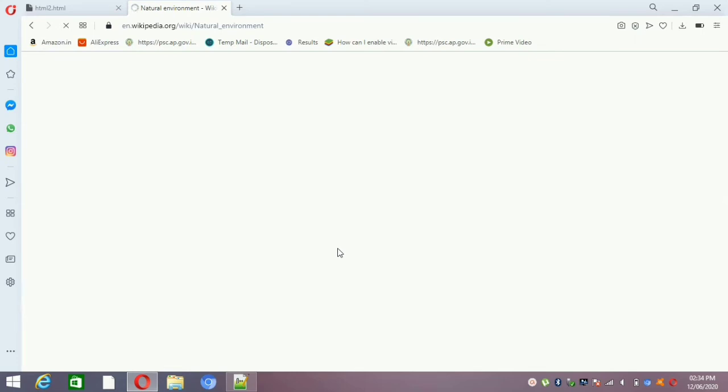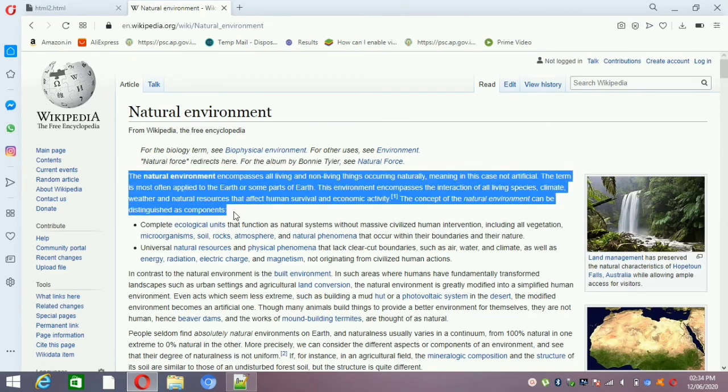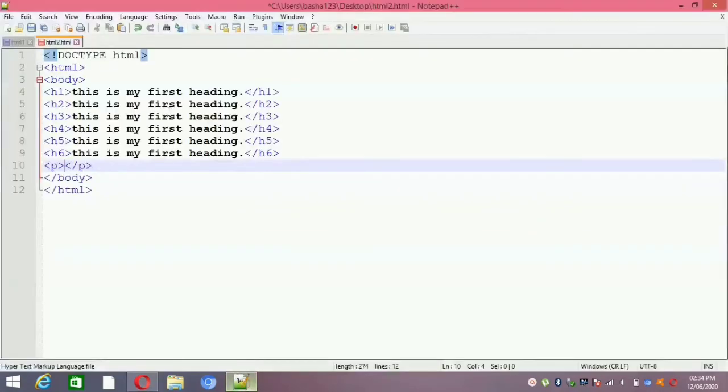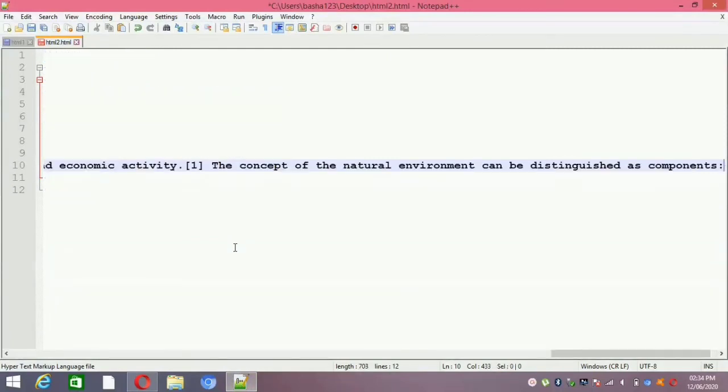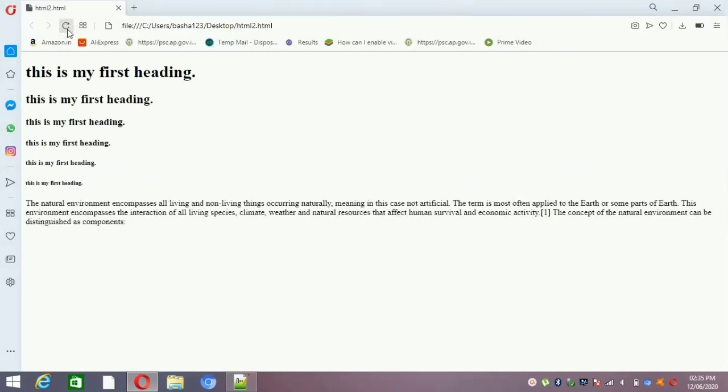The internet is slow, so that is why it is browsing. Wait for a while. Here I am taking the content of the first paragraph, copied that paragraph, and I am pasting it between the p open tag and the p close tag. Now I am saving this program by using Ctrl S and then browsing here. See, you can see the content of that paragraph in the browser.